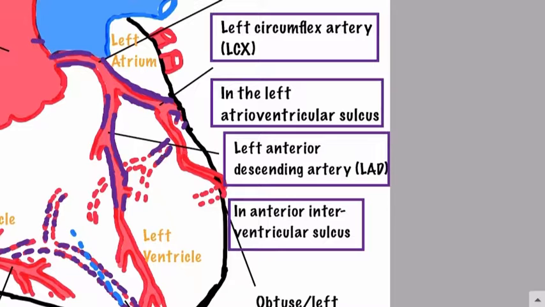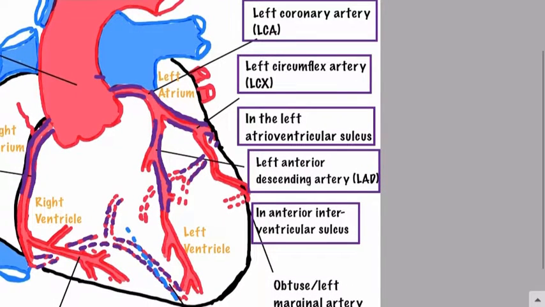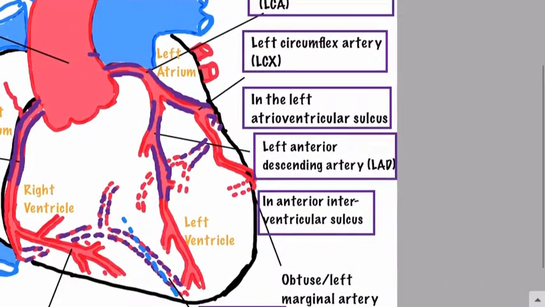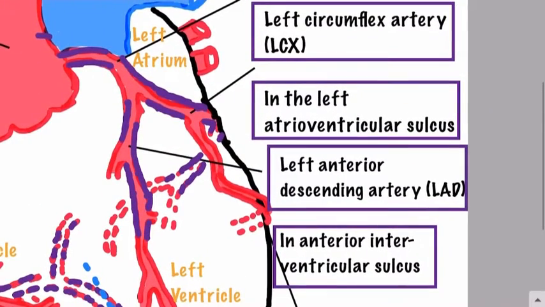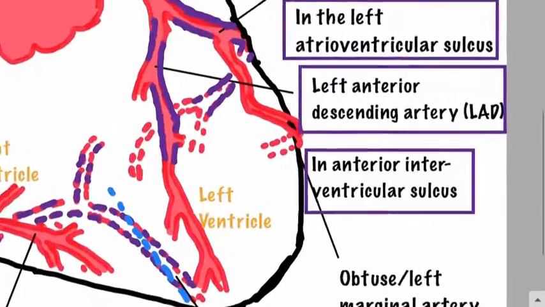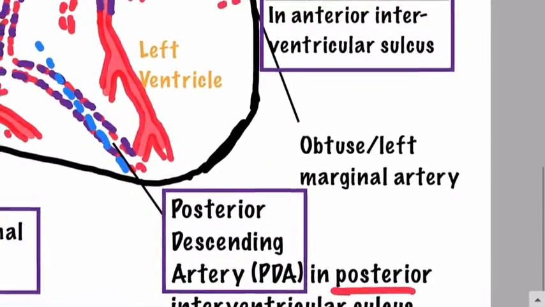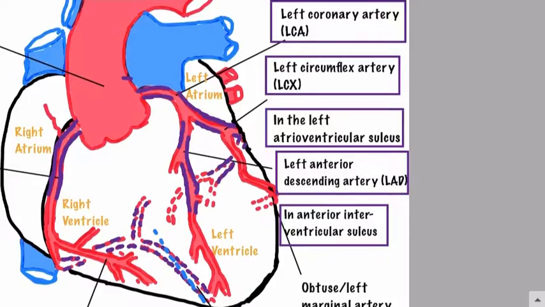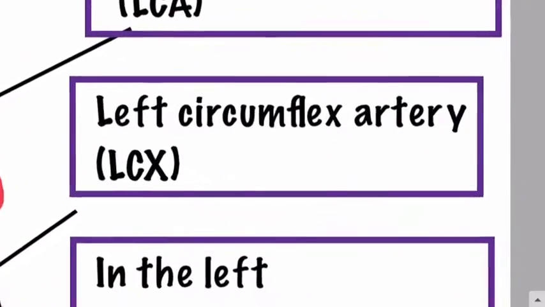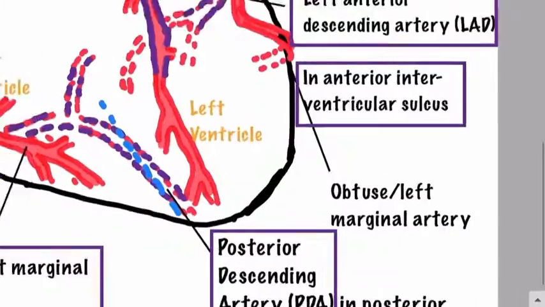It's known as the circumflex artery, left circumflex artery, because it takes a turn. The circumflex comes from the word circumference. It takes a turn. It's kind of circular. It has a circular course, so it goes posteriorly. And as it goes posteriorly, it can give rise to the posterior descending artery in 8% of the individuals. So guys, in 8% of the population or in 8% of the individuals, the left circumflex artery can give rise to the posterior descending